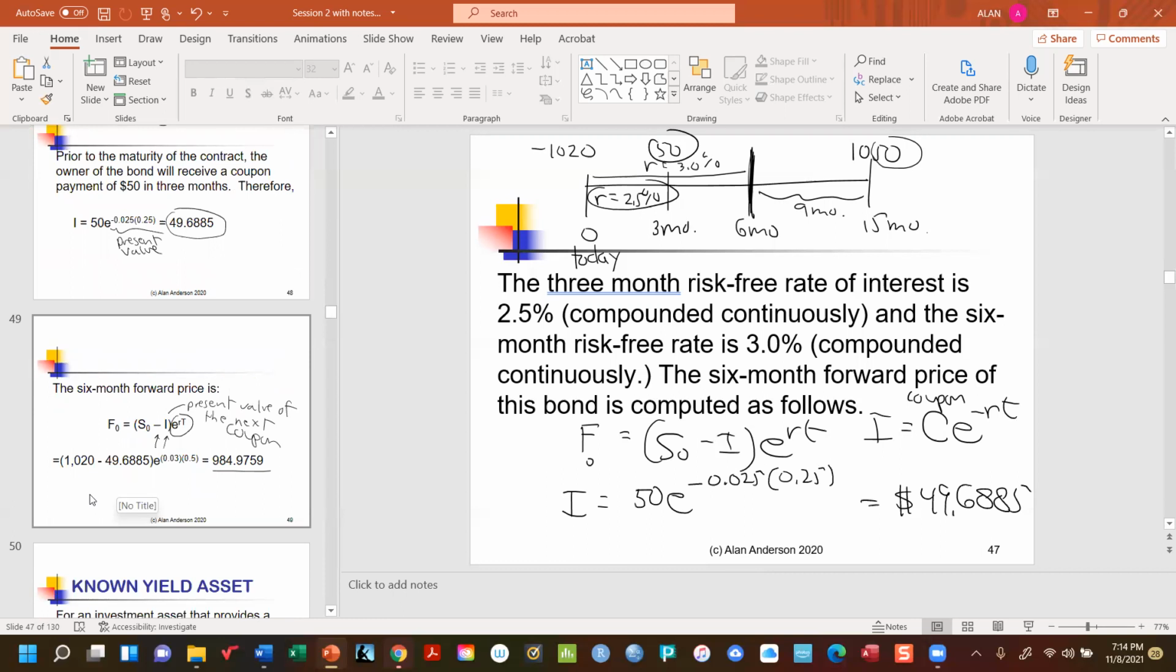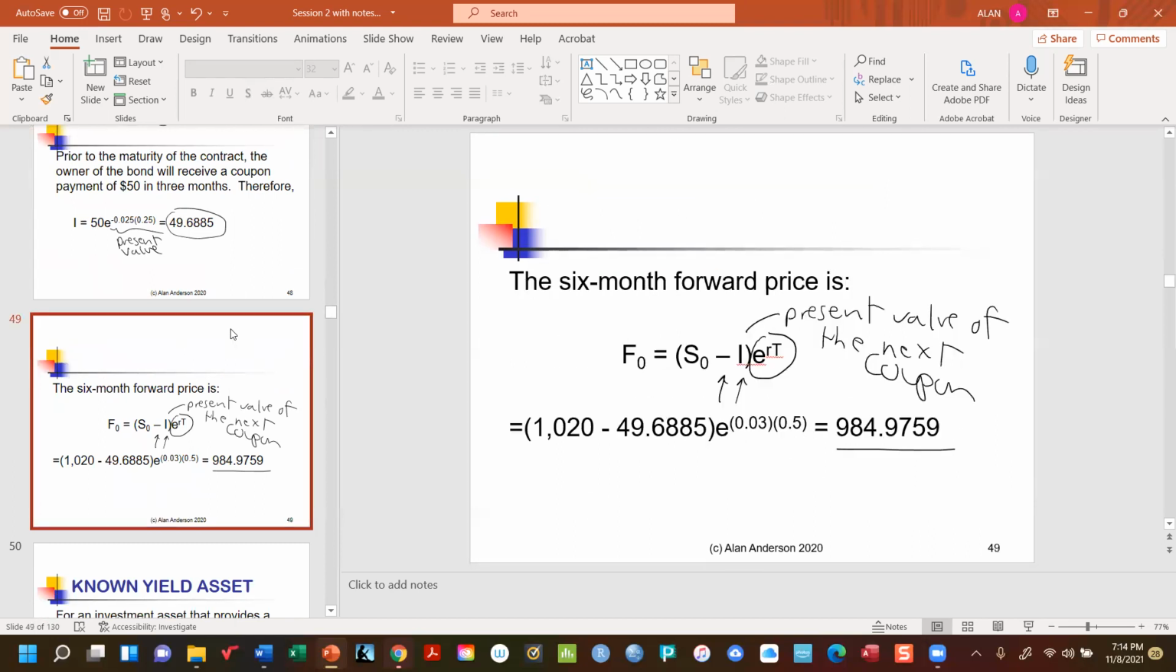Oh, and the market price is still, you know what, I almost forgot. This S0 is the market price of 10.20. That's what the bond is selling for today. Okay, so what that means then is that in the next slide, you'll see that we have the current market price, the present value of the next coupon,